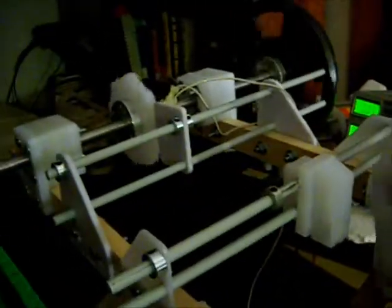installed along with the flywheel, and so that's basically it. More, like I said, more fine tuning is required. The closer we get the electromagnet to the magnet rotor, the better results we'll have, and